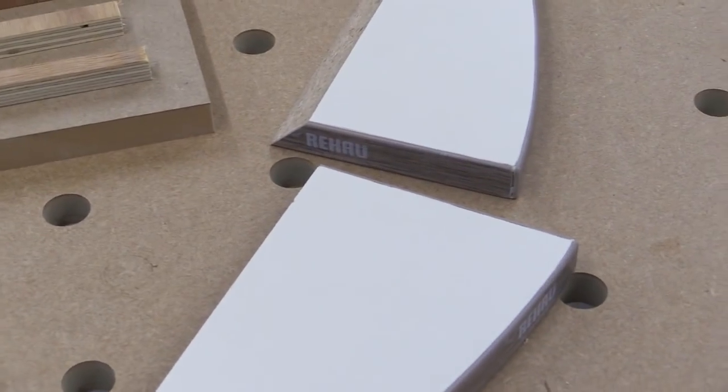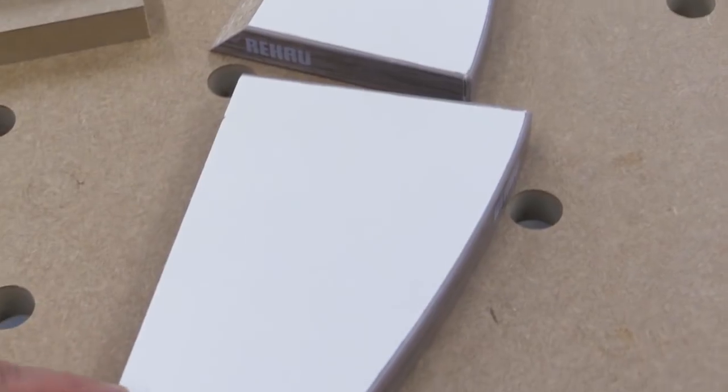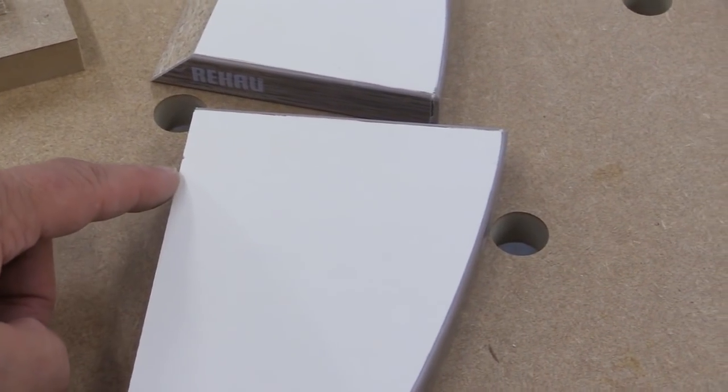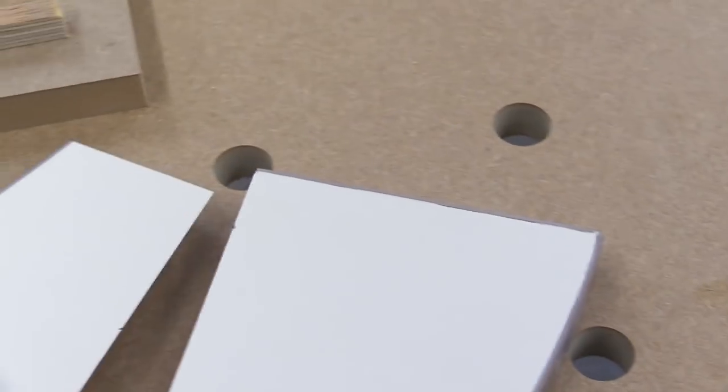Now let's look at the melamine. These are cut at a 45-degree angle. Now bear in mind this edge is really delicate, and there is a little ding there, and that could have been me in handling this. If I show you this other piece,